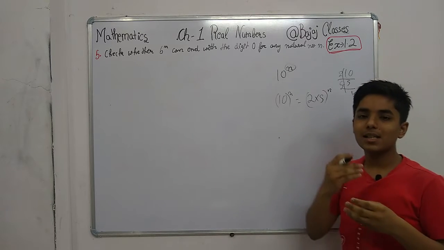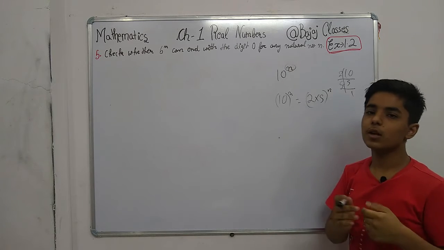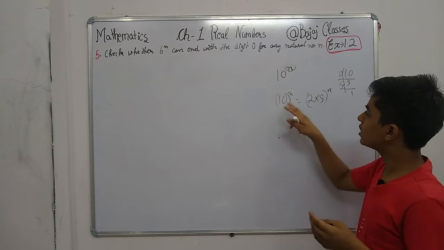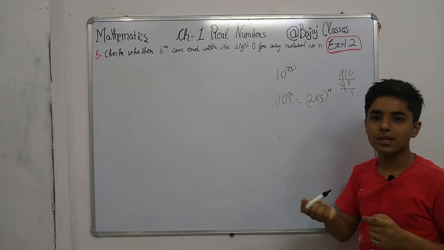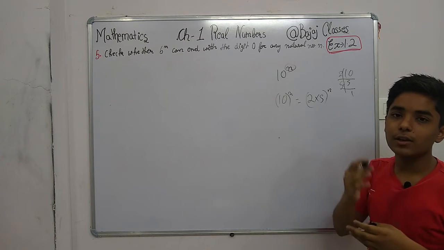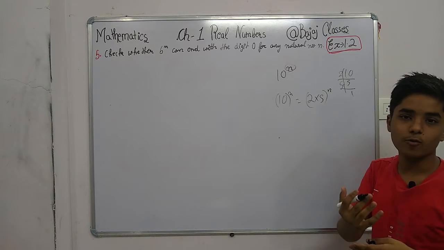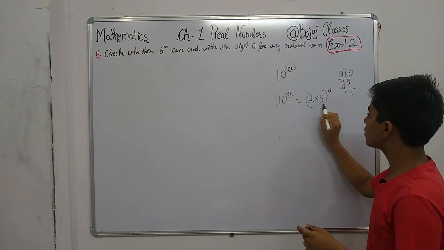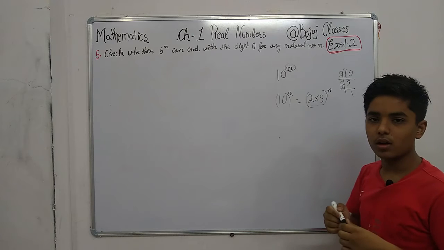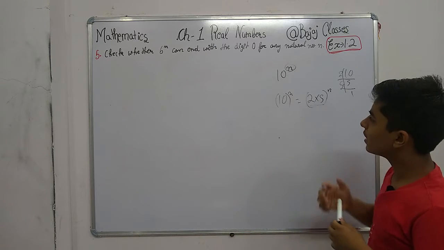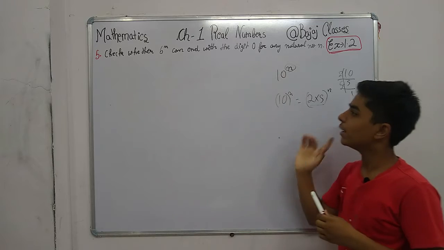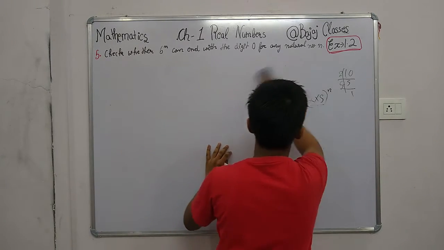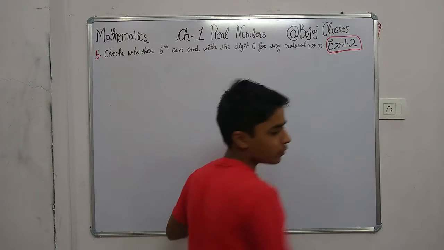So there is a rule after the fundamental theorem of arithmetic: to find whether a number with power n, a natural number, ends with 0, the factors must contain both 2 and 5. Both are necessary. If the factors contain 2 and 5, then it will end with 0. This is the method of finding whether any number can end with 0. Now we'll do the fifth question, in which there was an example of 6^n.